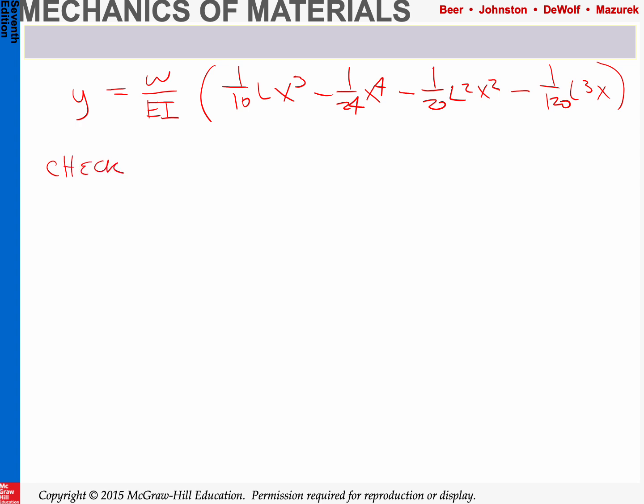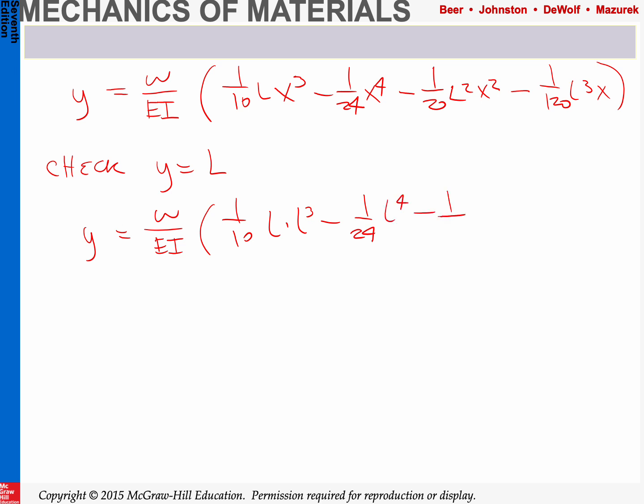We want to check at y equals L. So what happens if we stick y equals L? We have y, we stick this in: y is equal to L, 1 over 10 L times L cubed minus 1 over 24 L to the fourth minus 1 over 20 L squared times L squared minus 1 over 120 L cubed times L. We end up with,